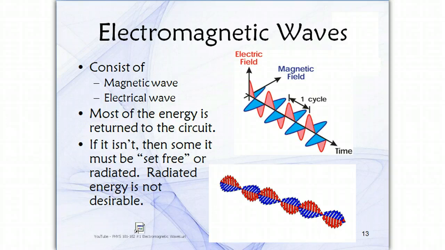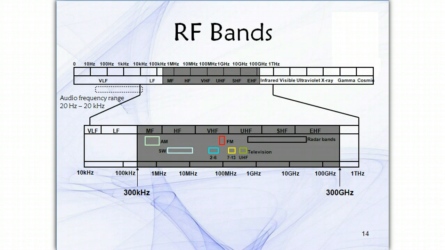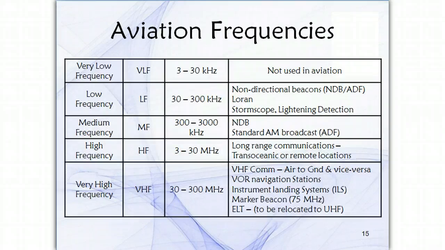And for the convenience of an RF spectrum, it's divided into a number of bands. Each band begins and ends with a power of 3. If you notice here on the spectrum, all frequencies within each band have similar qualities of propagation. The frequencies are also known as channels. You'll often hear about